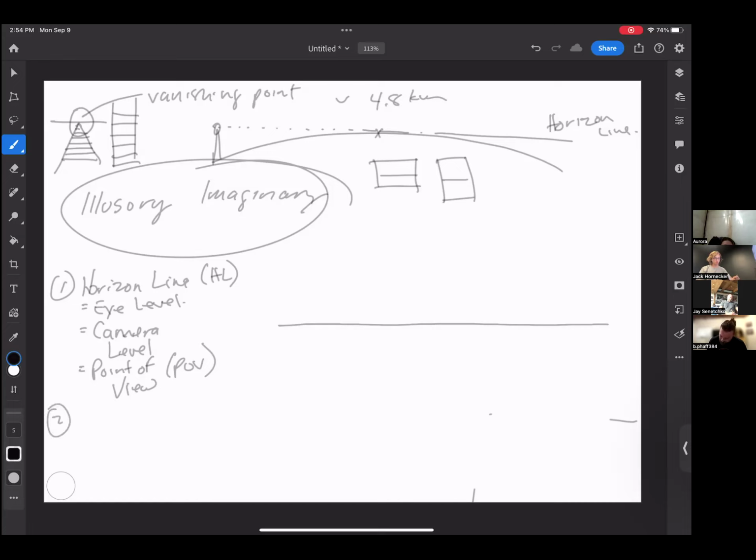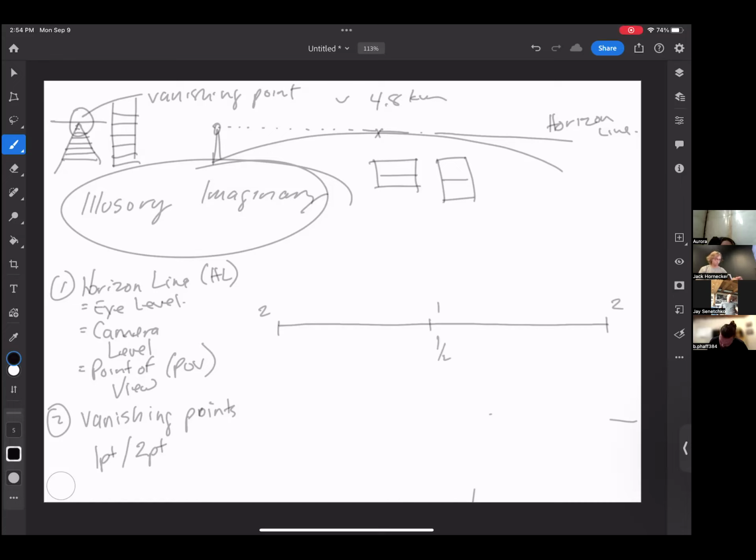Second step in any perspective drawing is to establish your vanishing points. To begin with, and by that I mean for the first like 6 or 7 weeks, all we're going to be doing is variations of 1 point and 2 point perspective. So you have two different types of vanishing points. At the end of your line, you have two little marks. Those are your 2 point vanishing points. At the halfway mark, you have another mark. That is your 1 point vanishing point.